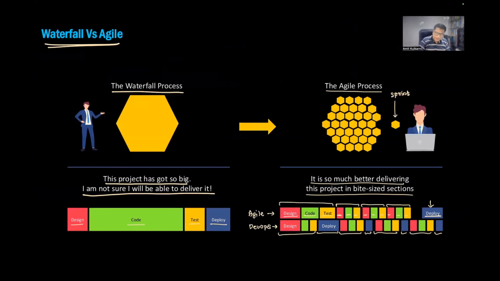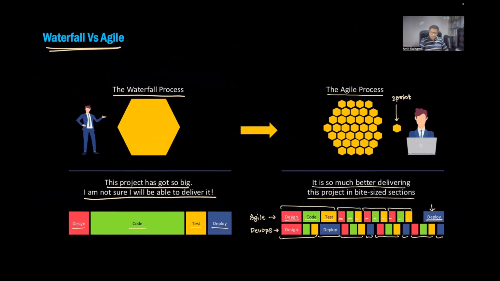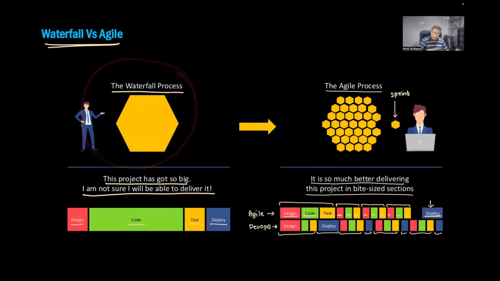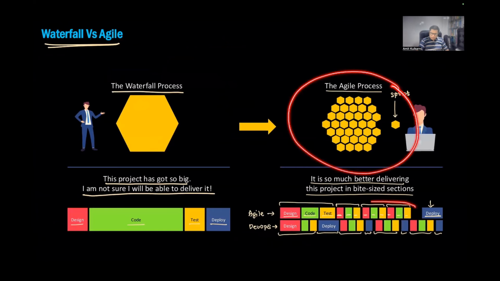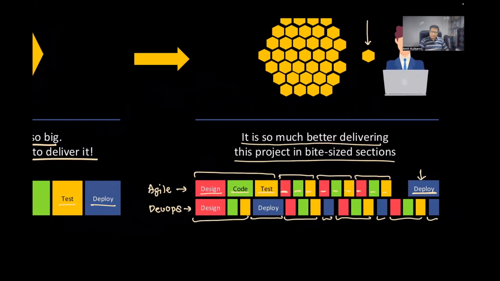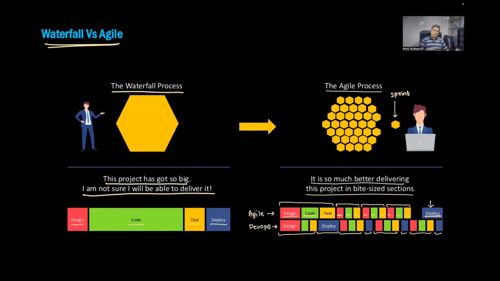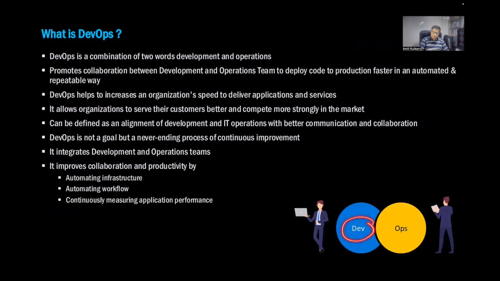So what exactly is DevOps? I'll answer that question in tomorrow's session. But right now, you can see that this is the waterfall model. This is the agile process. This is what the agile process recommends. But in the real world, I want to keep deploying after every sprint is done, and that's why we want to use DevOps. DevOps is a kind of automation to what agile has given to the world. DevOps is a combination, a mixture of Dev plus Ops. It's a collaboration between the developers and ops. I'll explain that in tomorrow's session one more time.